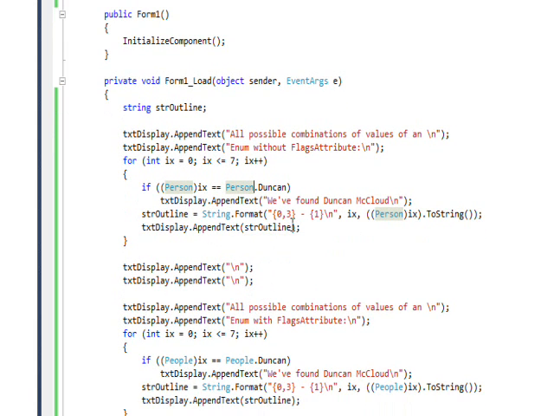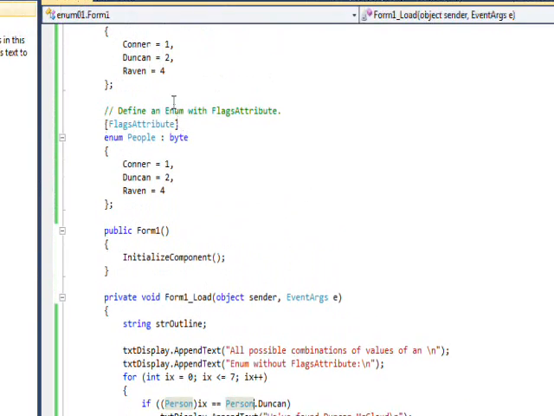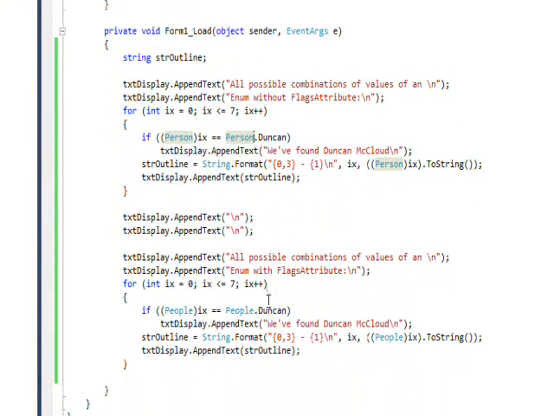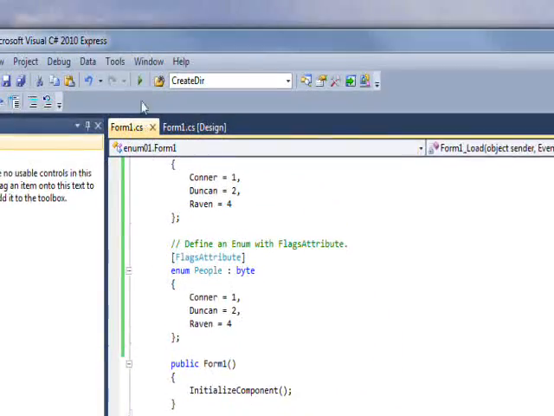And then in the second part I'm showing all the possible values of the byte, the 0 through 7, the bit values, and I'm showing what the symbolic values represented by them are. And we'll see it's pretty different for person, where there can be only one, and people, where you can have combinations. These turn out to be completely different. So if we run this,